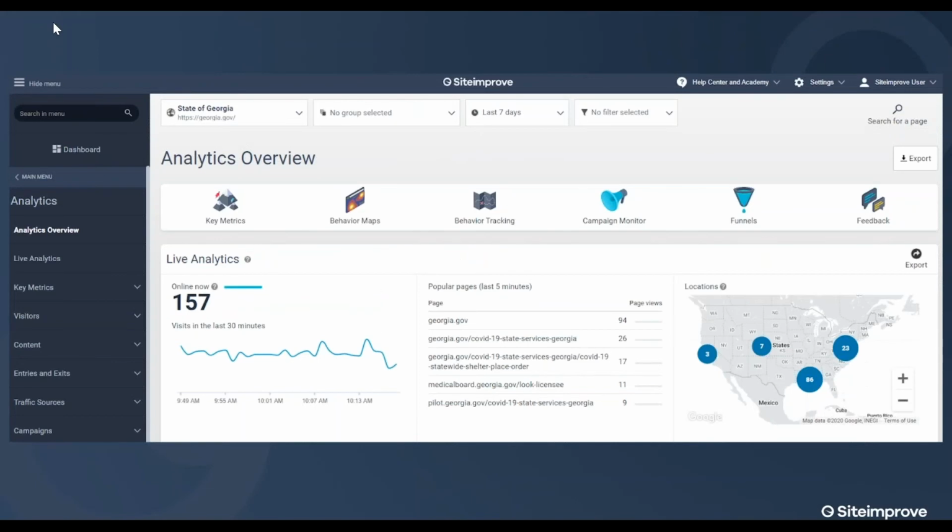Logging to the next page, another in-view look at that platform, something that I've been working with Georgia, with other states and other organizations, being able to track these live analytics. As new websites are spun up for COVID-19, well, how many people are online right now? Where are they coming from? Are we having any issues with our network? So you're able to get these live analytics right in the platform, and then dive further in the left-hand navigation,